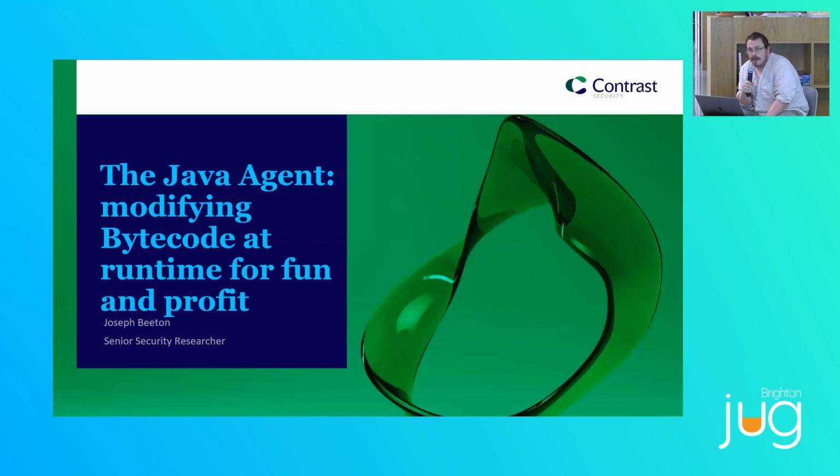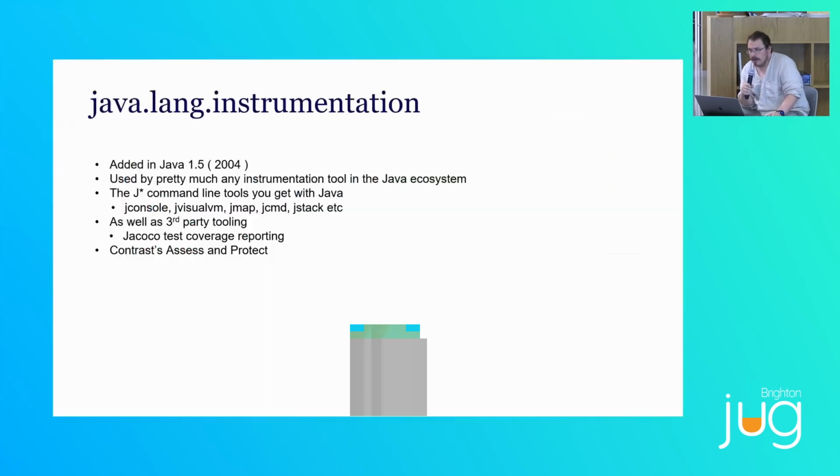So the instrumentation package that's used by all Java agents is relatively new. Well, it wasn't at the start. It's been there since 2004 and expanded in Java 1.6 a few years later. Pretty much all kind of instrumentation that you might see in Java, like the jcmd command, JConsole, JVisualVM, JMap, etc. use it. Anything where you would specify a process ID to connect to uses the instrumentation API, as well as